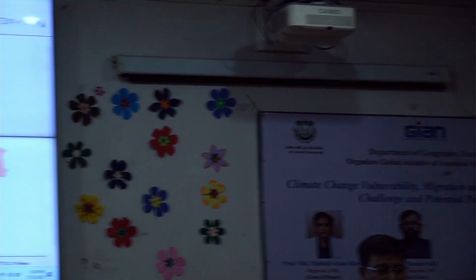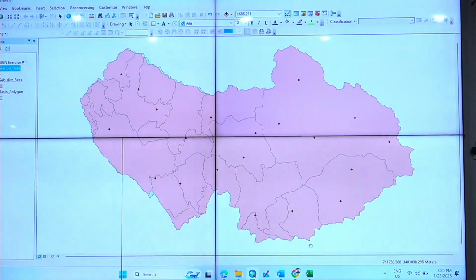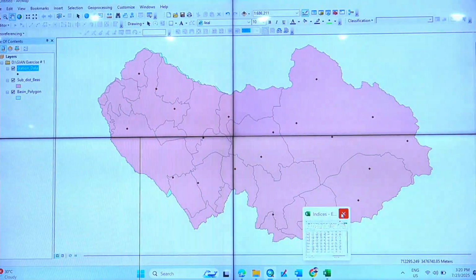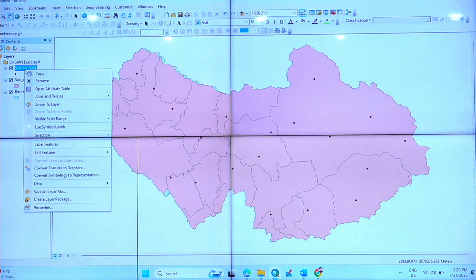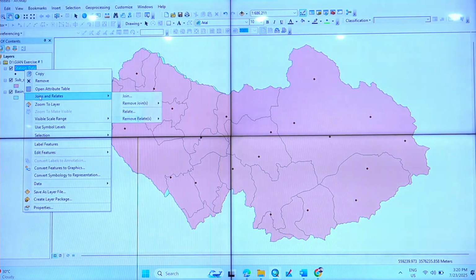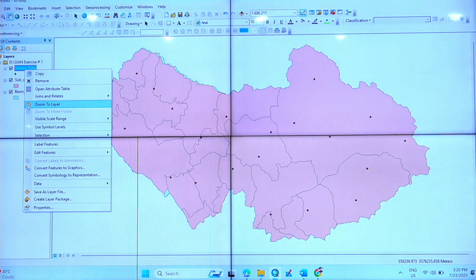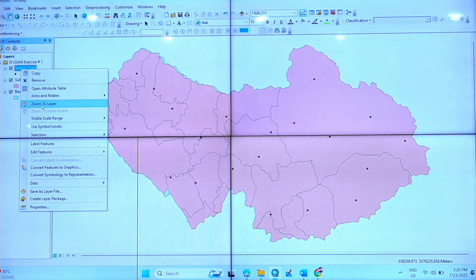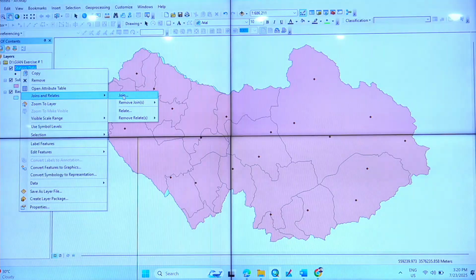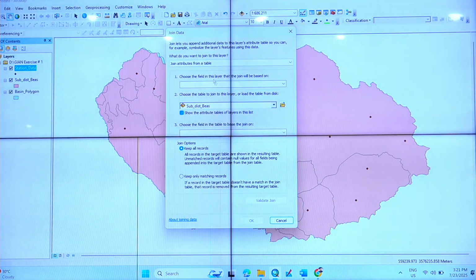इसके लिए हम इसमें जाते हैं, सब बंद कर देते हैं हम. No need to open all these. We go to this file, right? Right click and go to option join and relate. What we do is, ये हमने खोला हुआ है, इसको राइट क्लिक करिए यहाँ पे लाके, ज्वाइन एंड रिलेट. गो टू ज्वाइन, राइट. ज्वाइन में जाएंगे तो इस सेइंग ज्वाइन एट्रीब्यूट्स फ्रॉम ए टेबल.